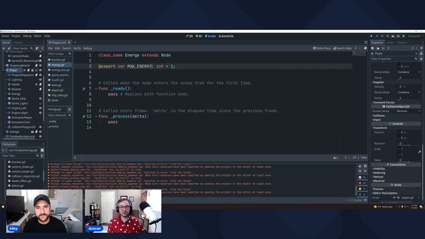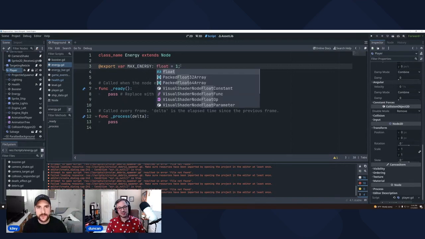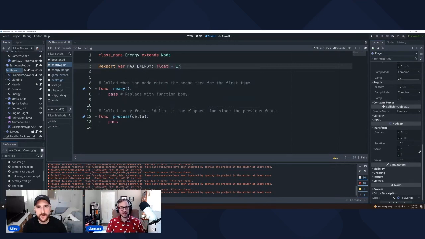So the difference here is, since this is going to be constantly ticking up, for health I kept it an int, but I'm going to call this a float, because there's definitely going to be values in between. It's not going to be just 1, 2, 3, 4.